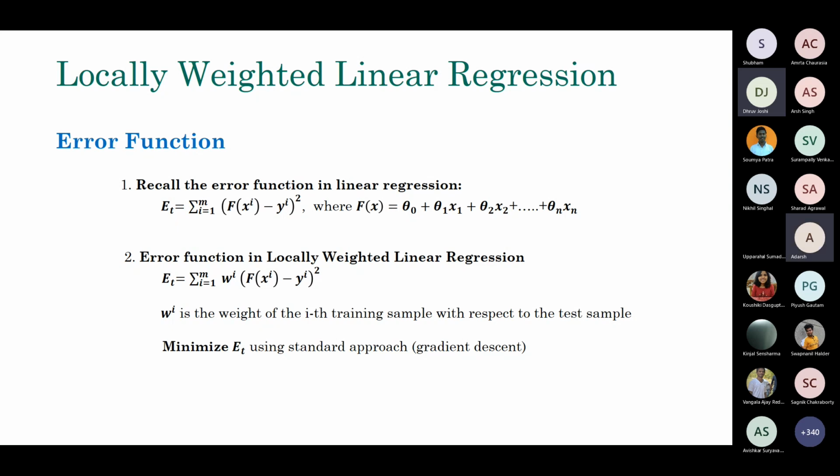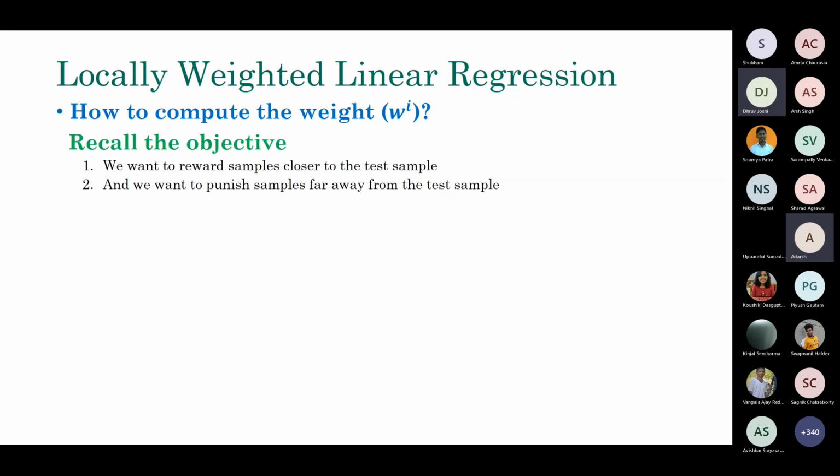Let's see now, actually we can compute the WI in the next slide. Now again, in machine learning always, first of all you have to be very clear about what your objective would be. Once you know your objective, it's all playing with functions often, right? So once you know your objective, then you can come up with functions nicely. So the question is how to compute WI, and you recall the objective.